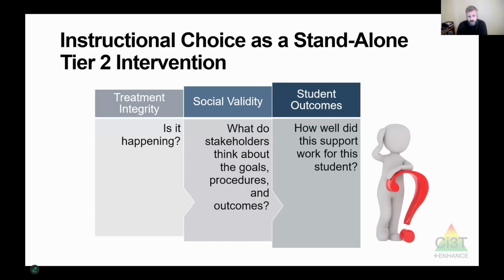That's social validity. And then whether the outcomes that you're finding after you've given more choice is actually what you're seeking. So if you're looking for kids to complete their work more often, for example, you could just collect a little data to say, what's their work completion look like before I started giving choices? And what does it look like after I've started giving choices?